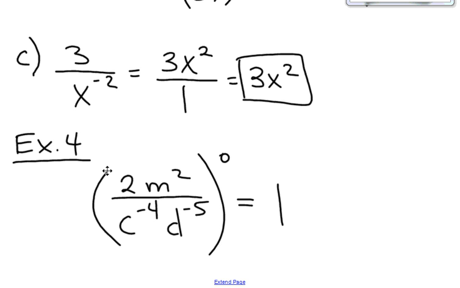Okay, so I hope you are good now with 0 and negative exponents, and we'll go over more examples in